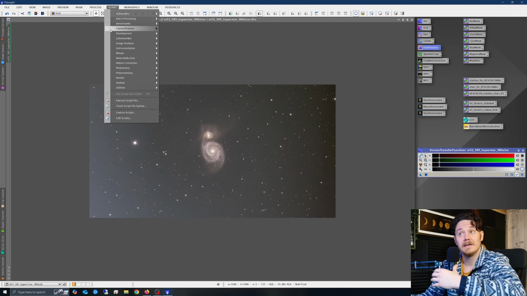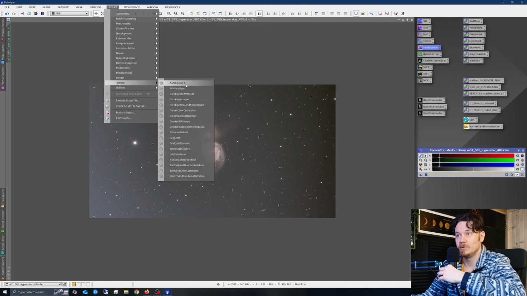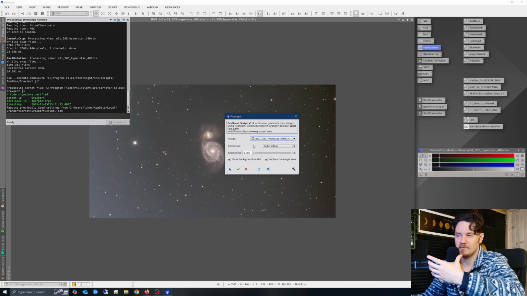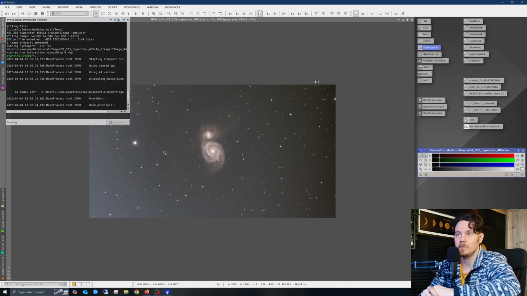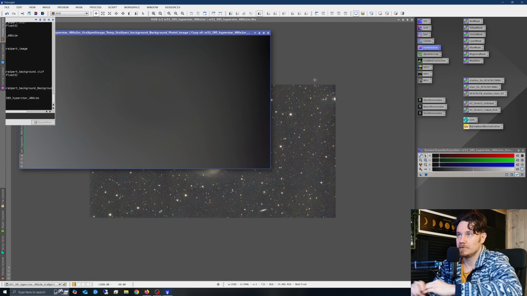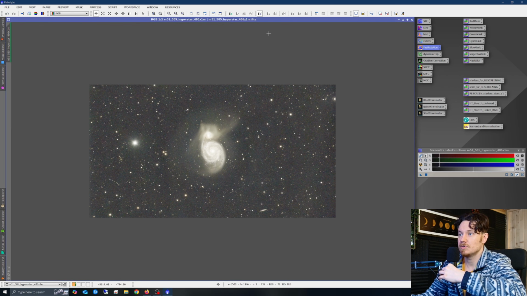So I'm going to try to get rid of it using Toolbox GradientXpert. This is a fantastic free tool. It really, generally speaking, does a great job. And now let's just see what we come up with right now. So overall,